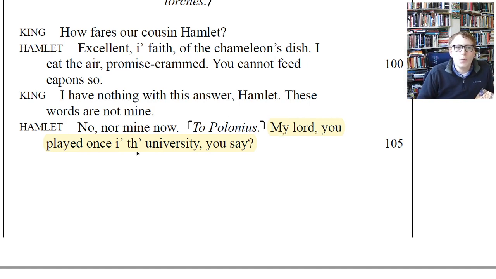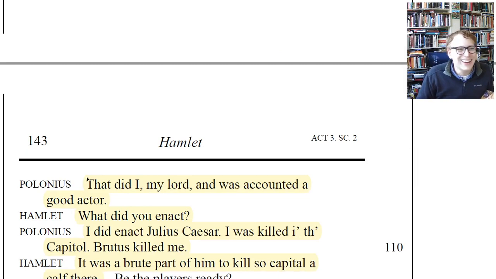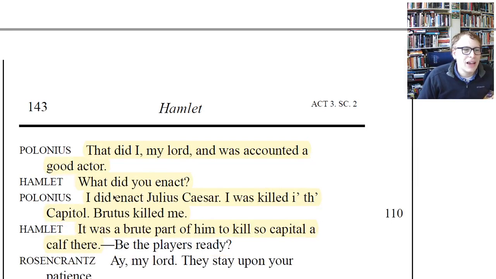"My lord, you played once in the university, you say." So you used to be an actor, right, Polonius? Polonius says, "Yeah, that did I, my lord, and was accounted a good actor." "What did you enact?" "I did enact Julius Caesar. I was killed in the Capitol. Brutus killed me." So Julius Caesar was assassinated by several senators, including Brutus, who he thought